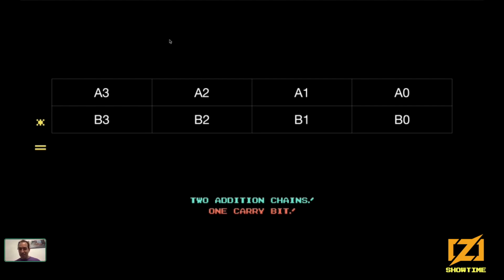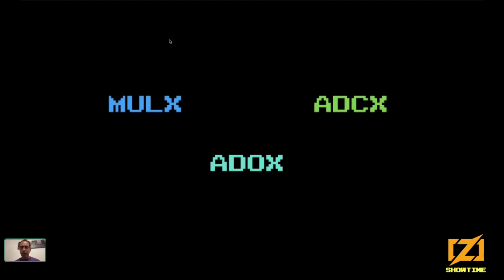So we would need to do two completely different addition chains at the same time, but with one carry bit, it's not great. Fortunately, on recent Intel CPUs, we have a bunch of additional instructions that can use two different bits for carries. So we can actually do two addition chains at the same time. This is not too bad. However, in order to use that, first we have to use assembly. There is no way to do that directly in Zig, and it's absolutely not portable. So maybe we want to do things a little bit differently.